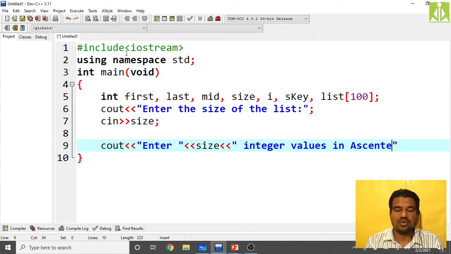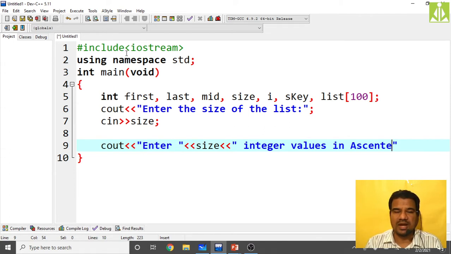Don't include many extra codes. If you search for this binary search algorithm on the internet, first they will write the code to perform the sorting, because they will consider that you will input an unsorted list. Based on that, they will first show you how to sort it and then apply the binary search.